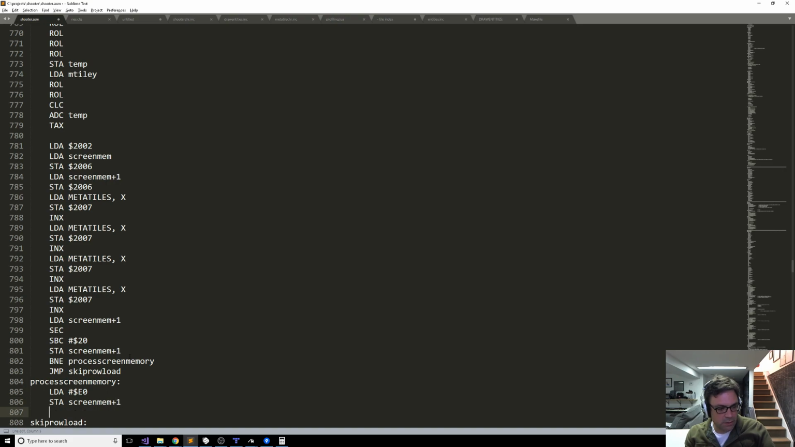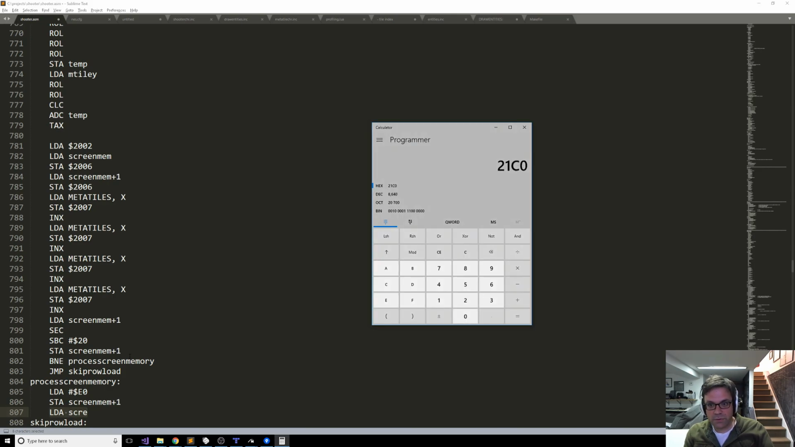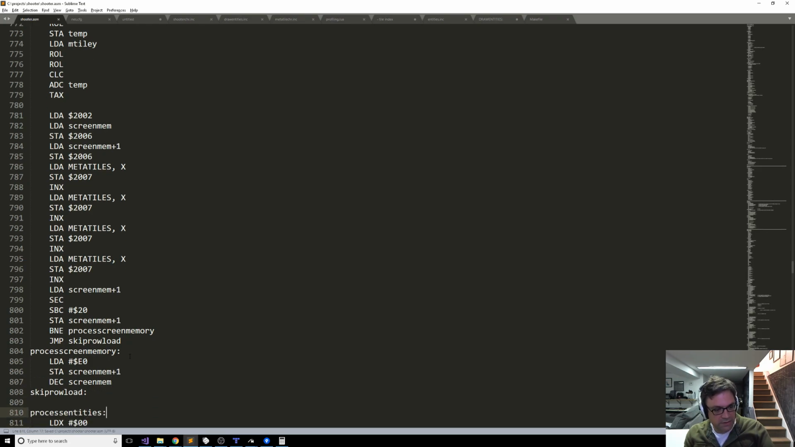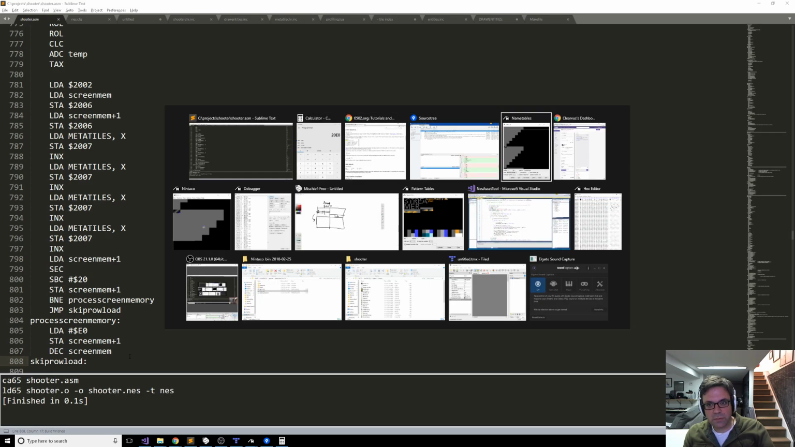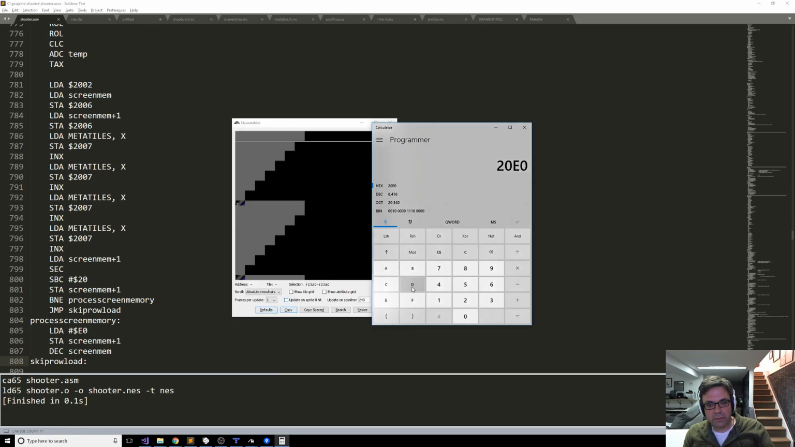and then load A, screen mem, or actually we can just decrement that, right? Yeah, we just decrement screen mem. And that's easy enough. That does that in memory, and then we're done. So assuming I did not botch this too badly, we should see at least the left-hand side start getting loaded